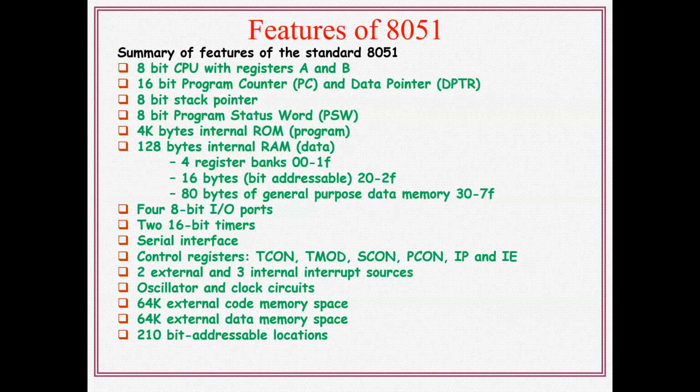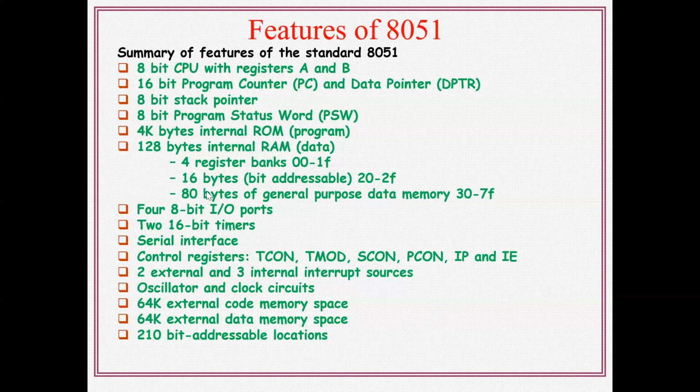The first group is called the register bank group. Here four register banks are available. Each register bank again contains 8 memory locations, with names assigned R0 to R7. So bank 0, bank 1, bank 2, bank 3: total 4 banks are there. Each bank contains 8 registers. So 4 into 8 is 32, which occupies locations starting from address 00 to 31. In hexadecimal, 31 is called 1FH. That's why the range here is 00H to 1FH.